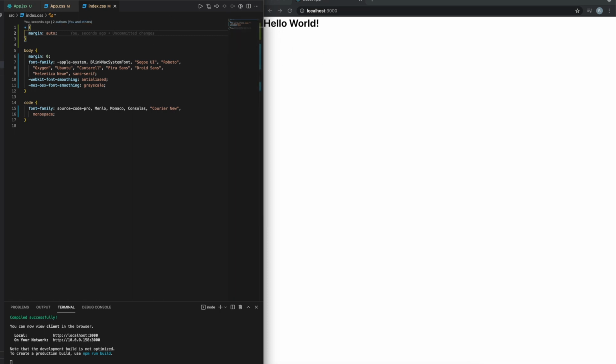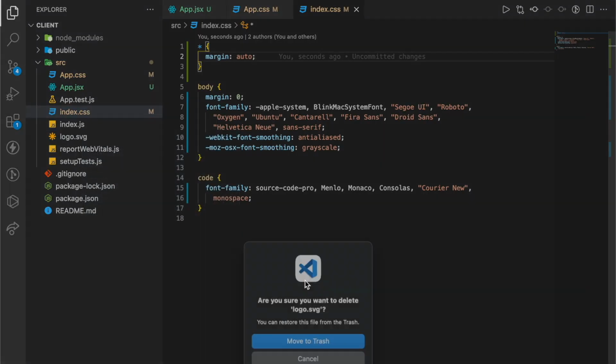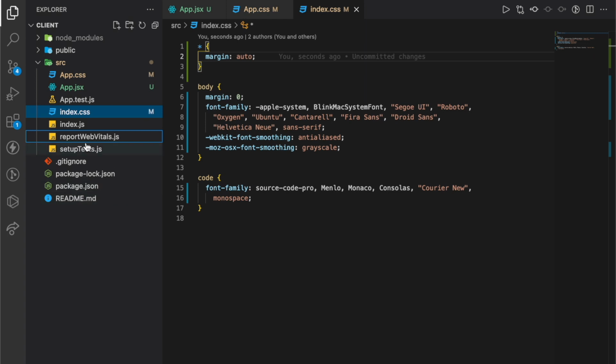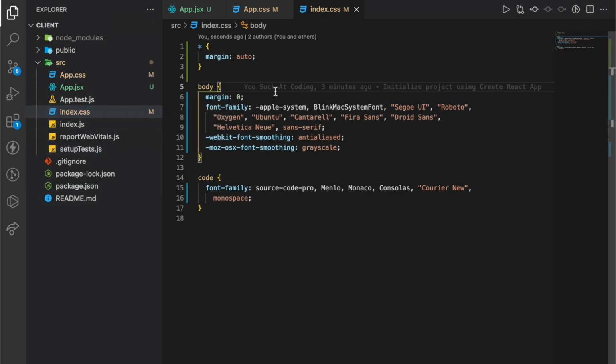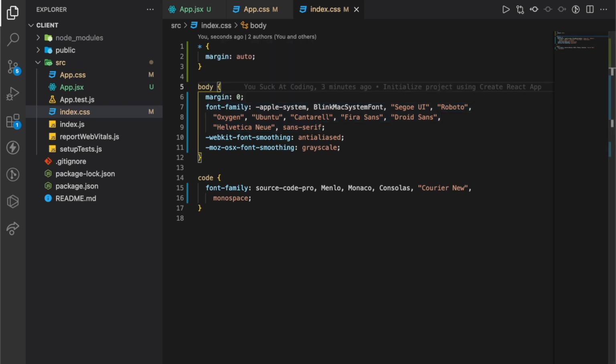And now let's get rid of some of the extra files. We'll delete the logo. Let's delete that. And there are some test files that we can just leave, although we won't be writing any tests for this tutorial. And that is about it for cleaning up and setting the React app. That is fairly simple. And now what we're going to do is move on to the backend,